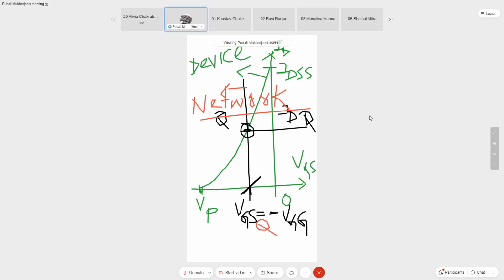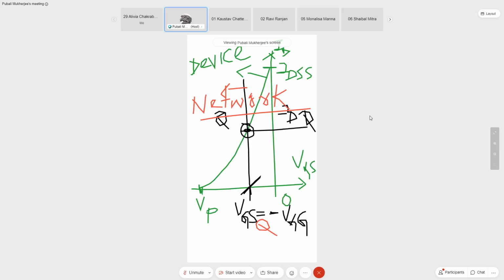When I use transfer characteristics, I cannot use the load line because the parameters of the graph will not match. The load line uses the output parameters VDS and ID. The minute we draw the transfer characteristics, we cannot use that load line because the coordinates are different from those of the drain characteristics. Transfer coordinates are VGS and ID. So if I have to draw a straight line on a graph of VGS and ID, it should be related to the parameters of the input part of the circuit, and that is nothing but the equation we developed, VGS is equal to minus VGG.